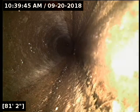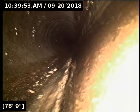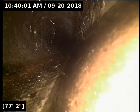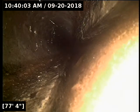The one thing that was obvious there was that big obstruction in the cast iron pipe. Definitely need to take a look at that. Now we do have some standing water in the line here. We'll see how significant it is once we get back into it. Typically, I recommend repairs on bellies once there's at least 5 feet of pipe with at least an inch of standing water